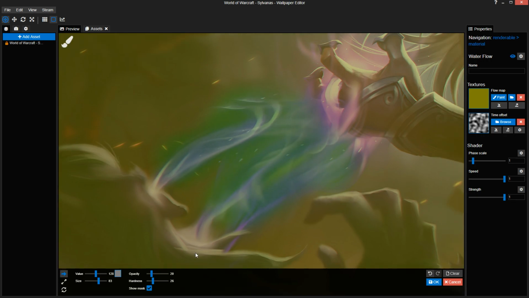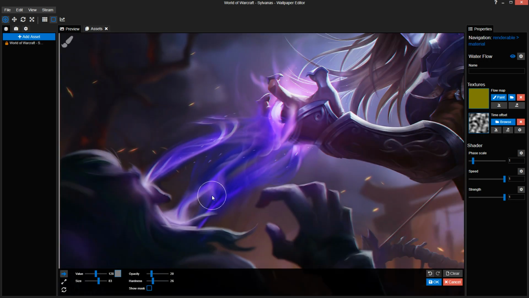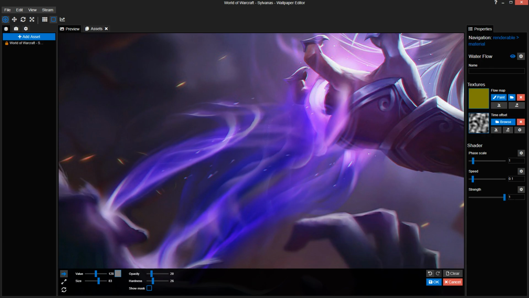Alright, so now we got a small effect, like it's actually life being drained from one side to another. So I'd say this is getting somewhere. So now we want to reduce the speed, quite a margin I'd say. The strength dictates how far it goes, so you don't want to go too ham with this. You can almost always leave this at 1.